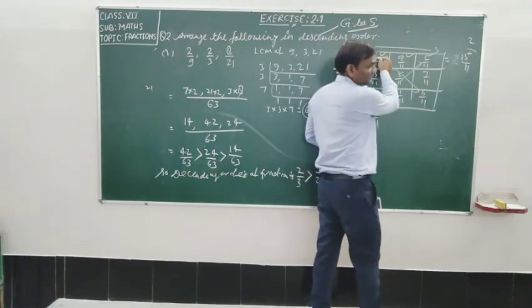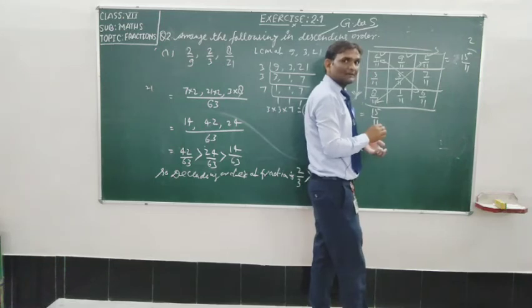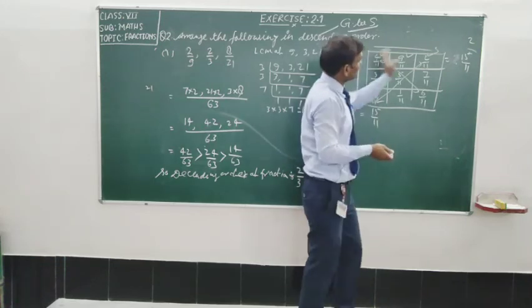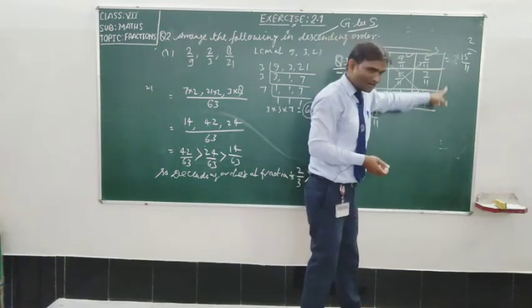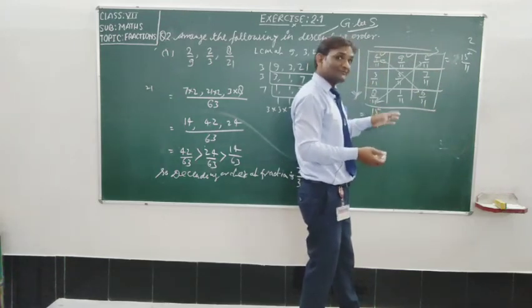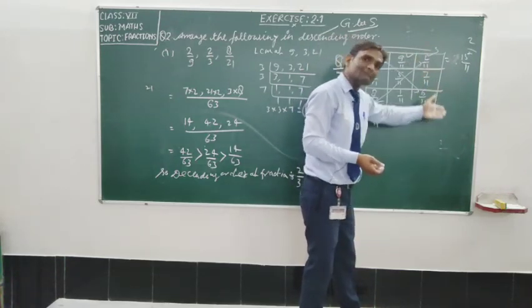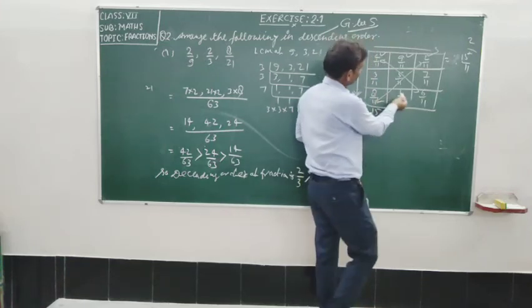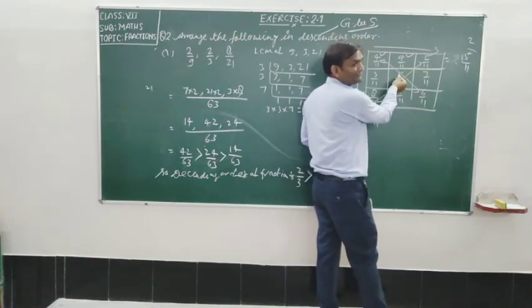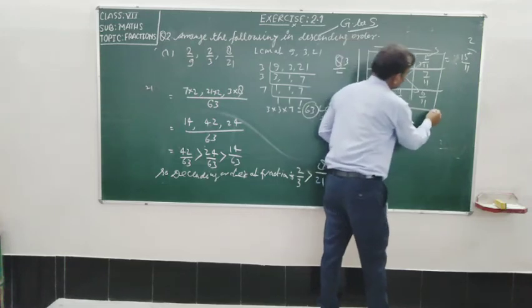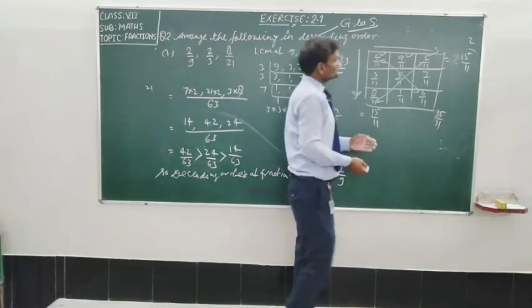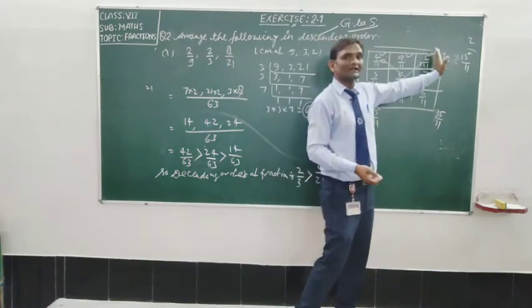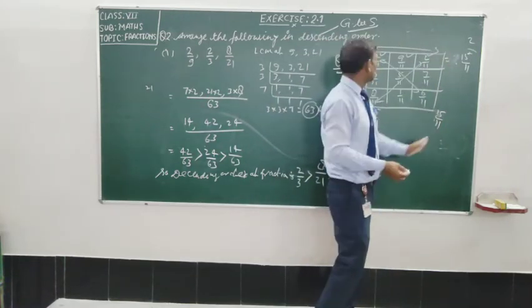So if the sum of the diagonal fractions is equal to the sum of the row fractions and the sum of the column fractions, then that is a magic square. If not, then it is not a magic square. So student, look here, 6, 5, 11, 11, 4, 15. Sorry student, 15 upon 11. In the same way, if you add this diagonal, you will get 15 upon 11.